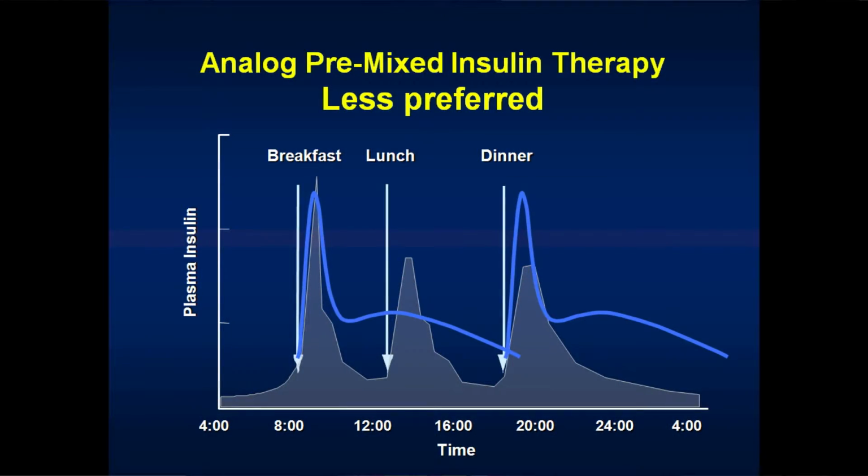30/70 premix insulins. There are a couple of studies revealing the superiority of an analog premix insulin like Novomix over the human premix insulins like Mixtard in the avoidance of unwanted hyperglycemia in type 1 diabetes. However, the preferred insulin regimen, if the patient is on insulin shots, will be a basal insulin in